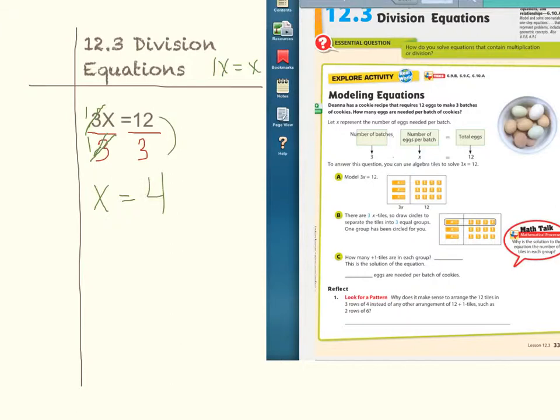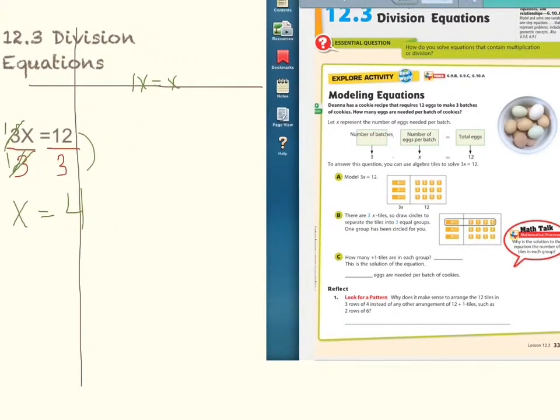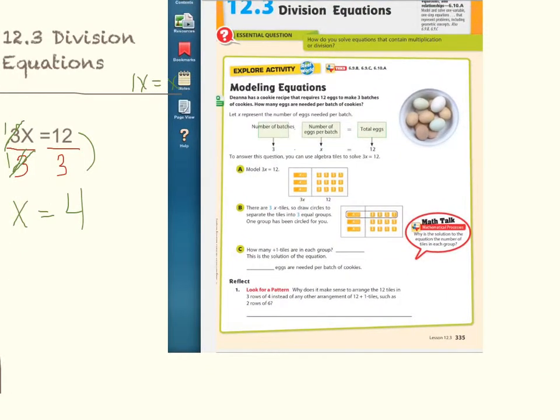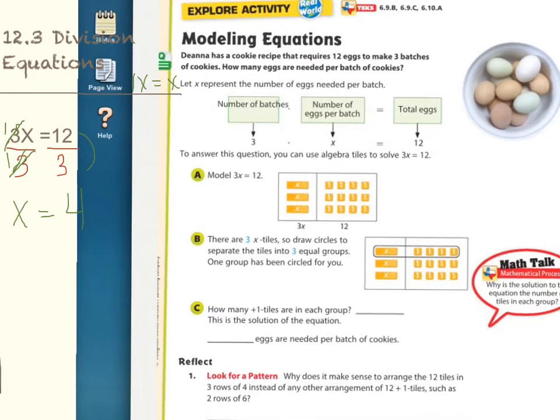So let's look at the math problem over here, let me move all this over. I have to move it over in pieces, I guess. This says, Deanna has a cookie recipe that requires 12 eggs to make 3 batches of cookies. How many eggs are needed per batch of cookies? So we're talking about having 3 batches of cookies. We don't know how many are needed in each batch,